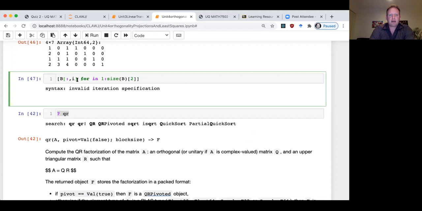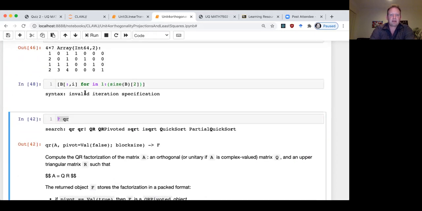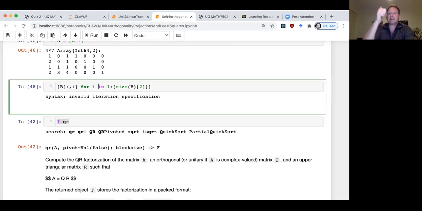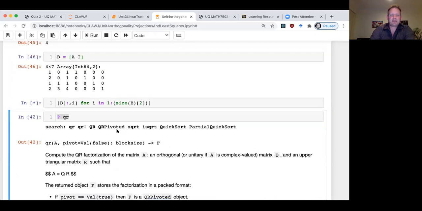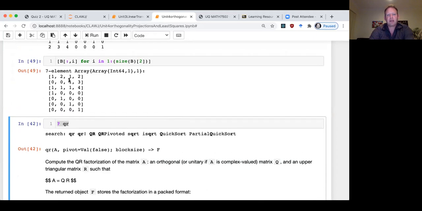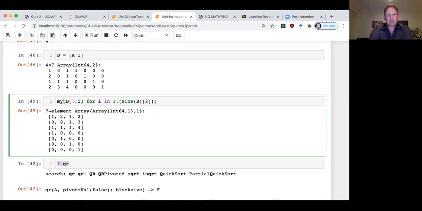Invalid iteration specification. This is annoying. Size B2 is just 7. Okay. All right. So these are now the columns of B, right? And they're each an array. So now let's do my